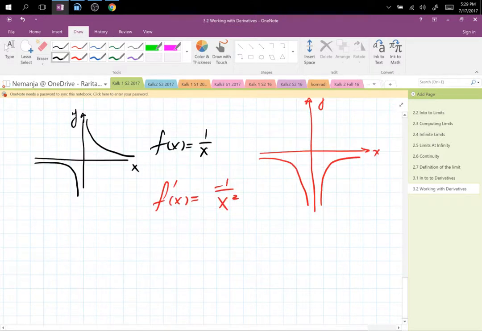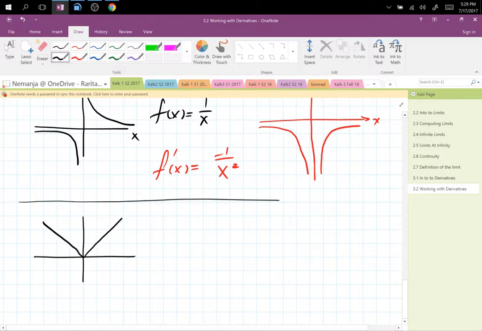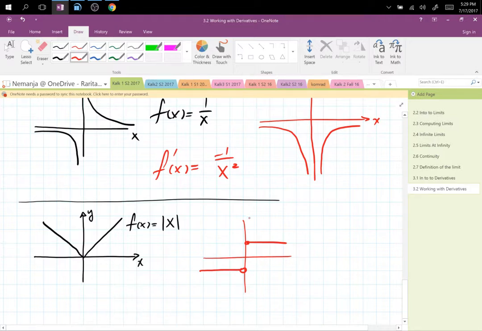So if you think about this, absolute value of x, there it is. And if you draw its derivative, you see, it's not differentiable at 0 because that is the location where the derivative,